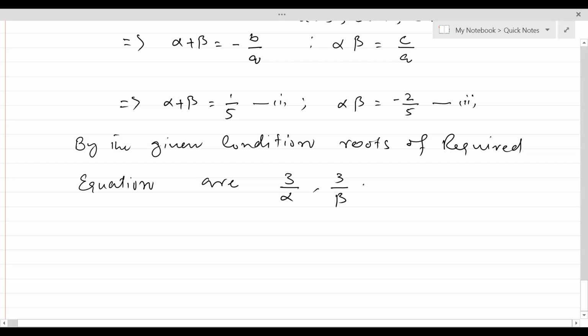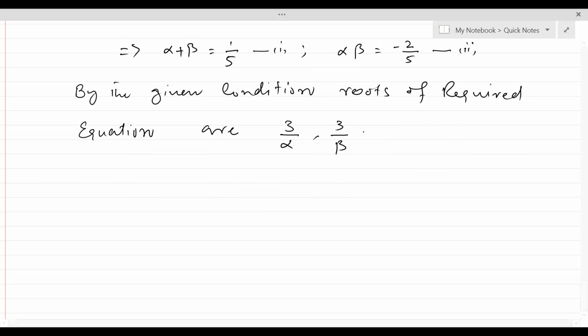Now we will find the sum of roots and the product of roots of the required equation. Sum of roots, thus SR for the required equation